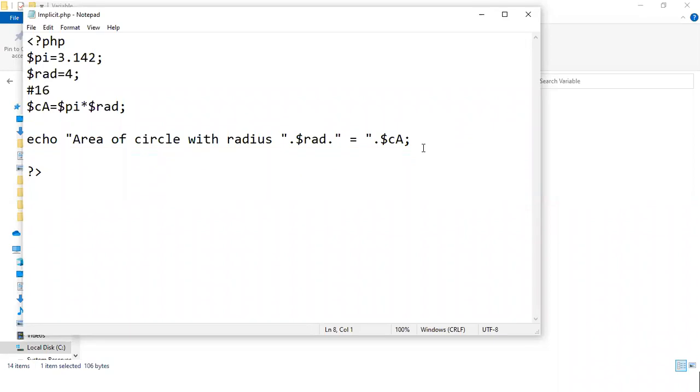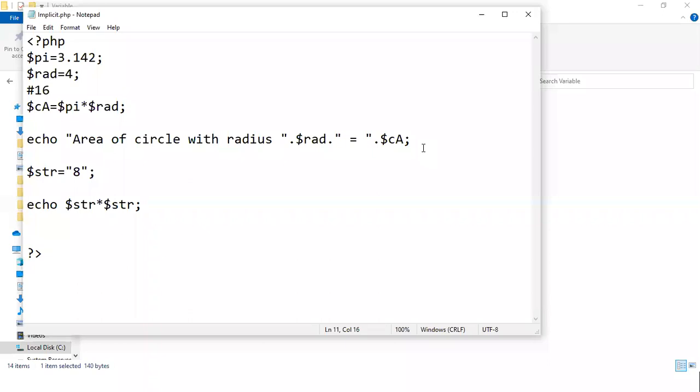Now the question will arise, what happens in this case? We'll check out an extra case also. Let's say str is equal to 8. Now echo $str into $str. What will happen here?